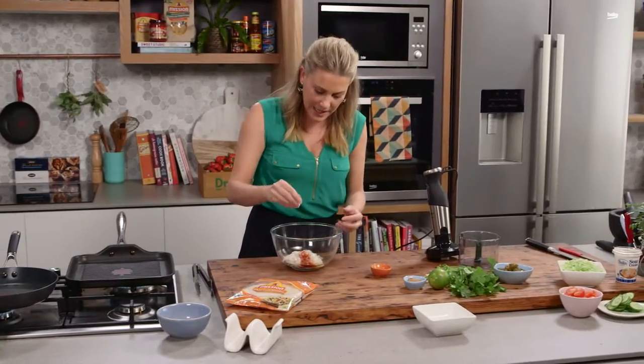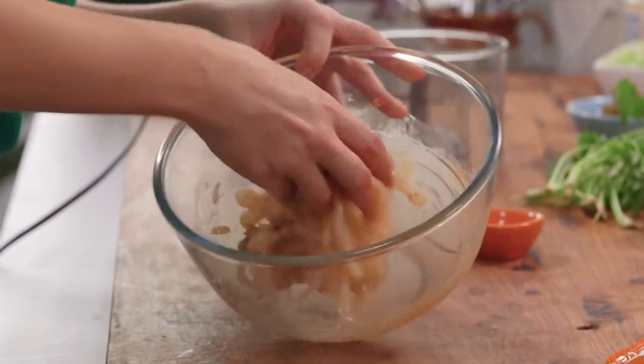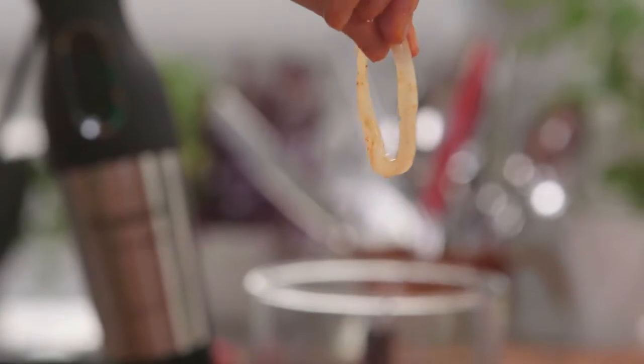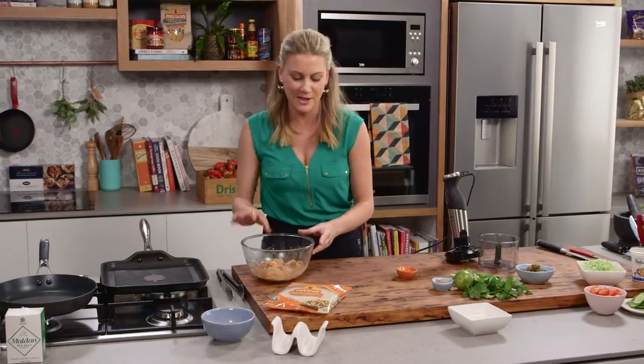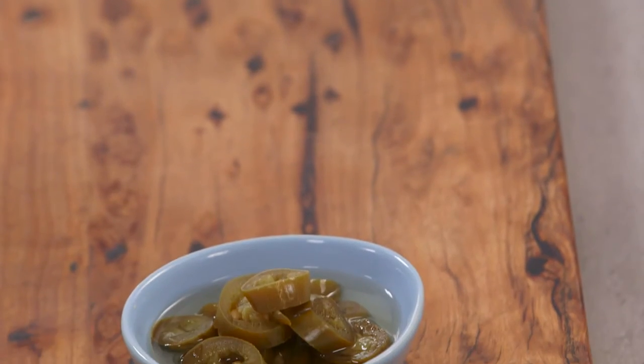And I like to use my hands here because I think that it really helps marinate this much better. Almost looks like a sauce on the calamari rings. Look at that. Yum. Now, because this is so thin, it's going to take 30 seconds to a minute to cook, so you really want to leave this to the last minute. I'll just clean my hands and then we can get on to the salsa that I'm going to be making